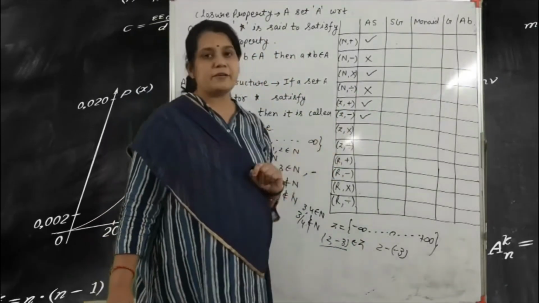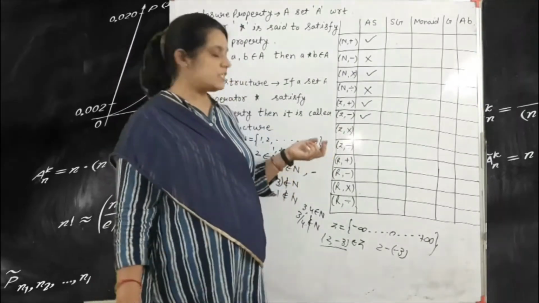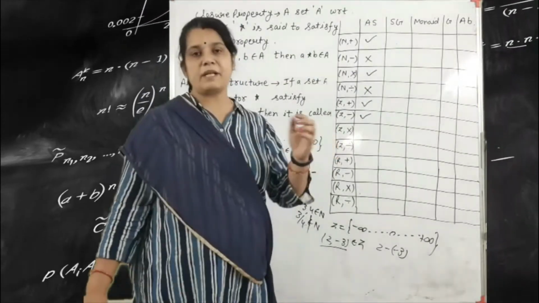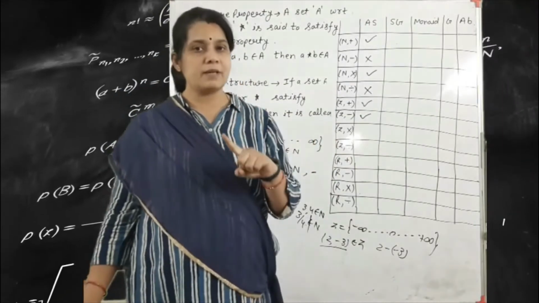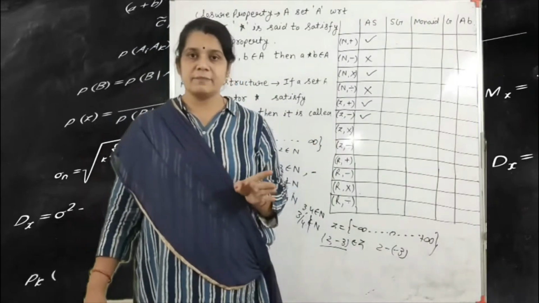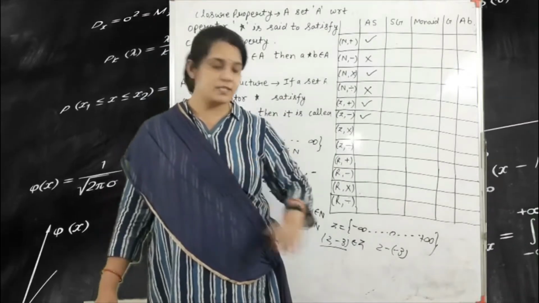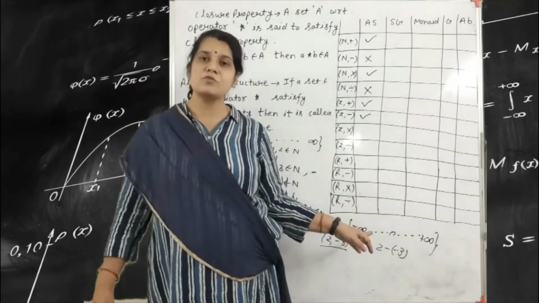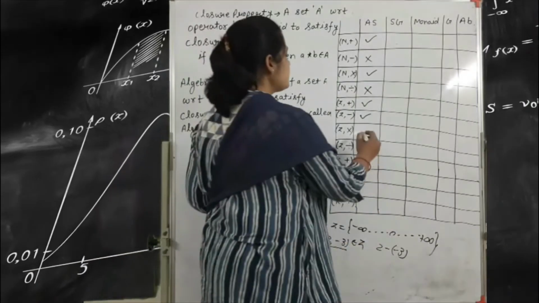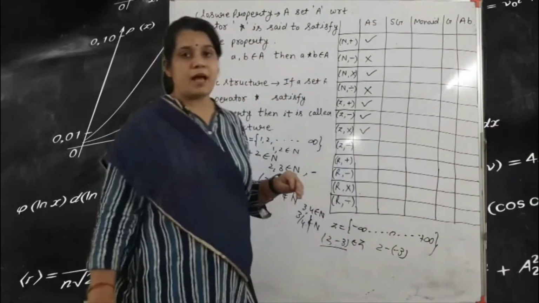Next one is Z multiply. So if you consider minus 4 and plus 5, both belong to Z. And if we multiply minus 4 into 5, that is minus 20. So minus 20 also belongs to the set of integers, that means Z with the operator multiply is